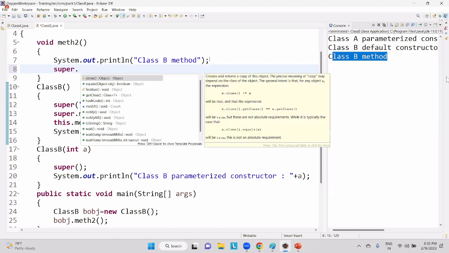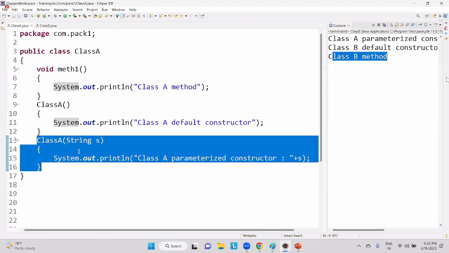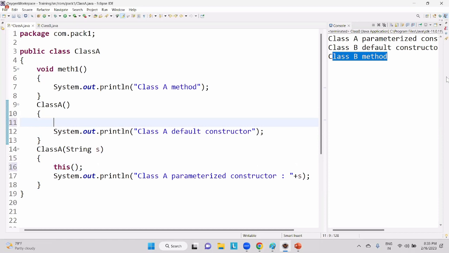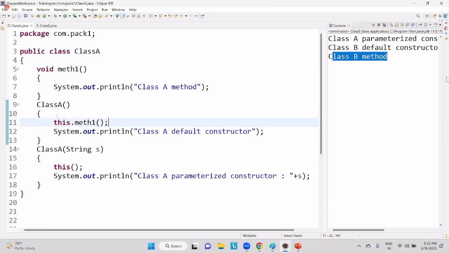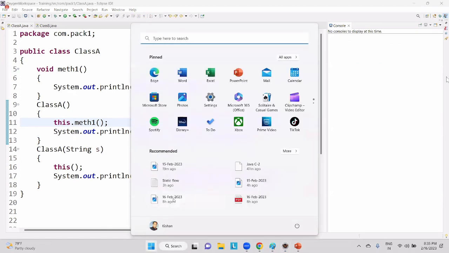Super dot method 1. And this dot method 1. Now, shall we analyze the output? Okay. Let me remove this. Let me get